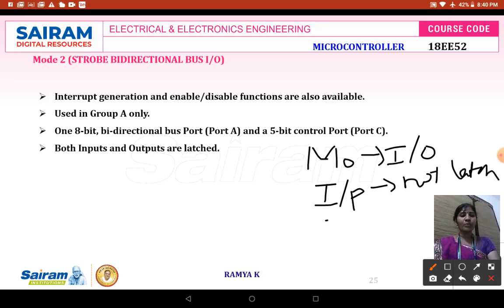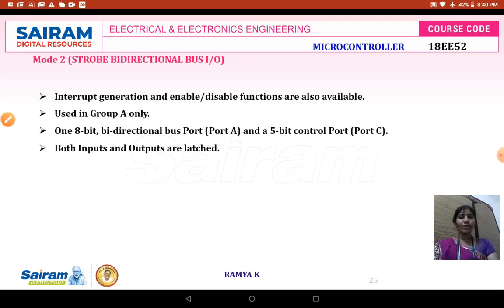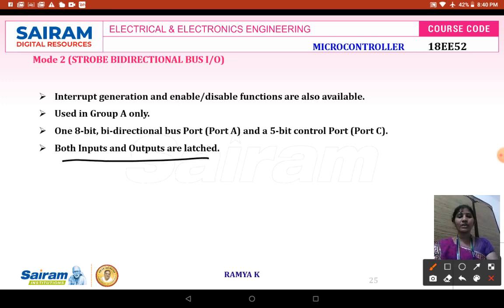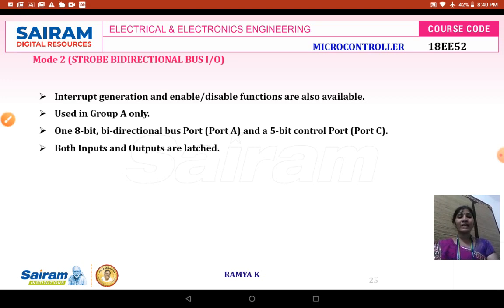Whereas the output is latched. Output can be latched in case of your mode 0. Whereas in mode 2, both your input as well as your output are latched.